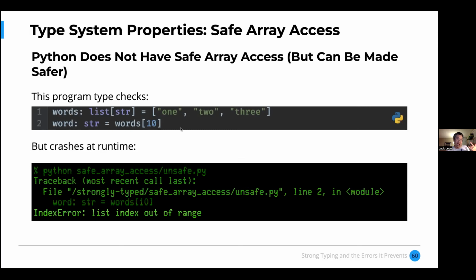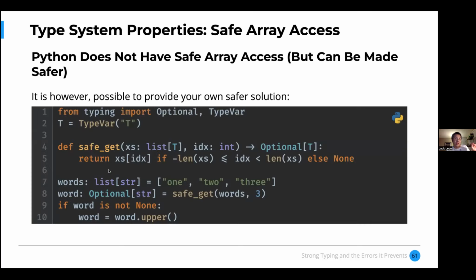Like I said, none of the other languages by default actually does this either. So same thing with Python. If you try to do this, the type checker is perfectly happy to let you do it, but you crash at runtime. The nice thing about Python, though, and as with other languages, is because Python has null safety,